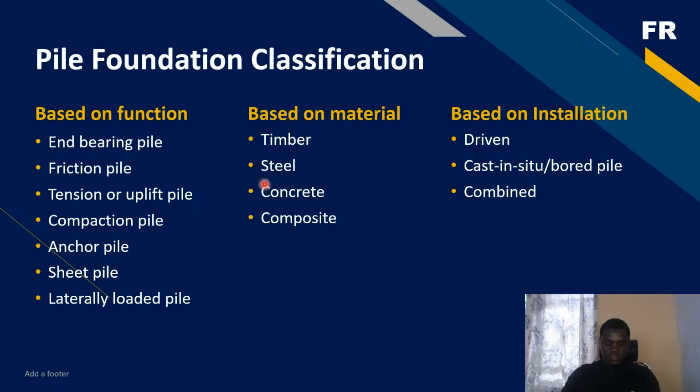And then we have the other classification based on the installation method. This is very important because the installation method determines, or affects, a lot of things. So you can install pile in two ways. We have driving, that is you forcefully drive the pile, which is usually applied if it is going to be a steel member or timber. I'm talking about the construction material of the pile. So you drive it, or if it's going to be concrete,